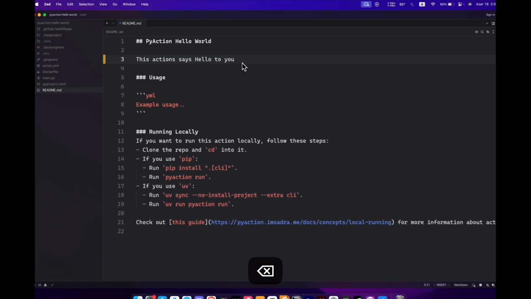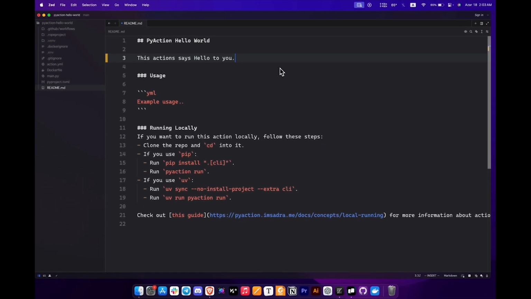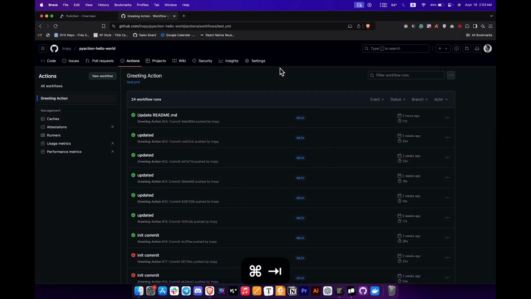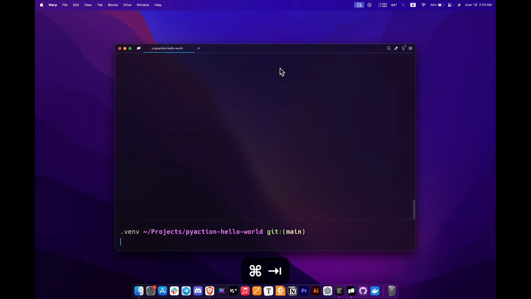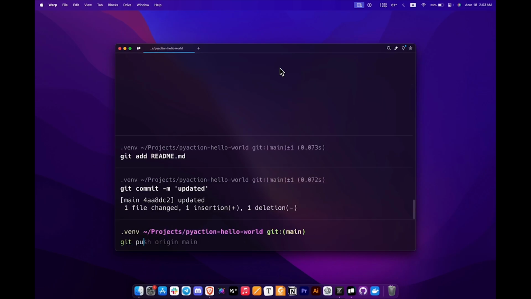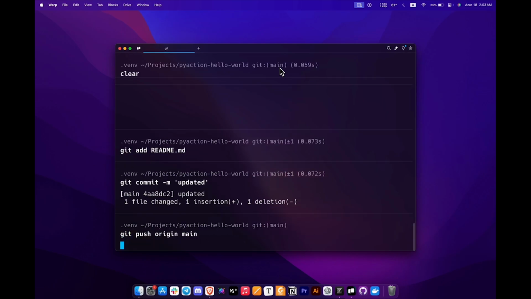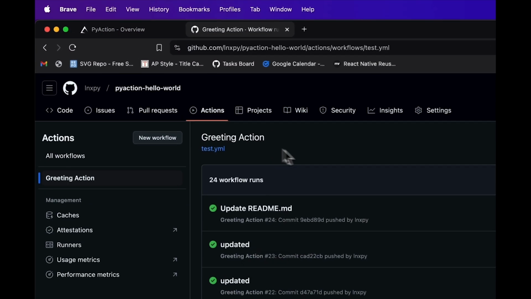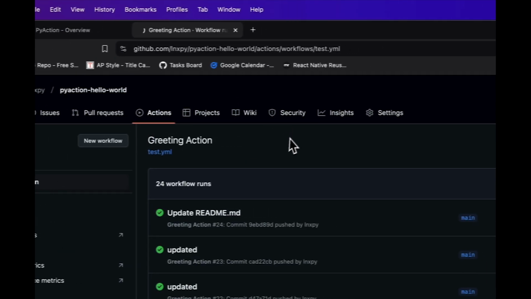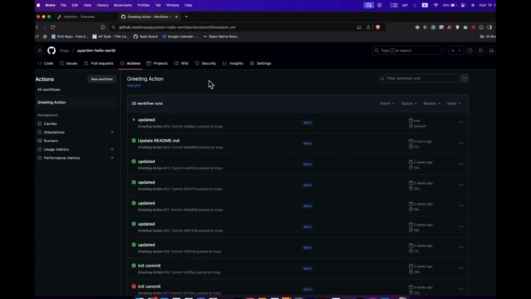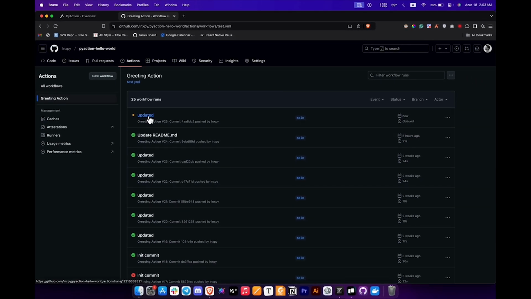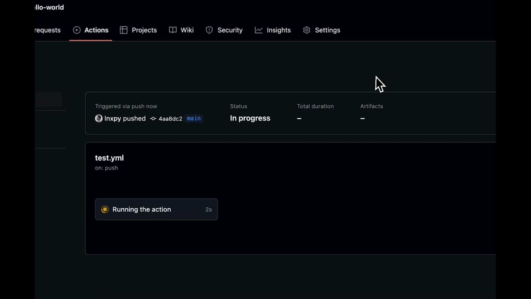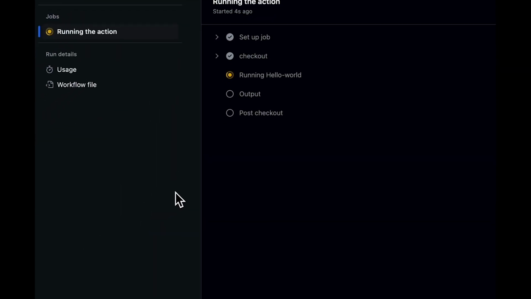I'm gonna change this exclamation mark to dot. Added git commit -m updated, git push origin main. So as soon as we push our changes to the repository, if I refresh this page, you could see that our action gets triggered. And if I open it up in here, you can see that